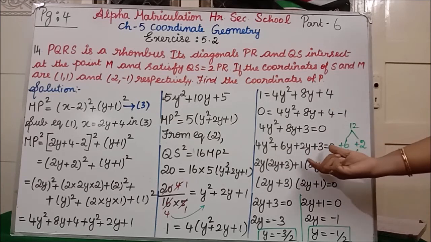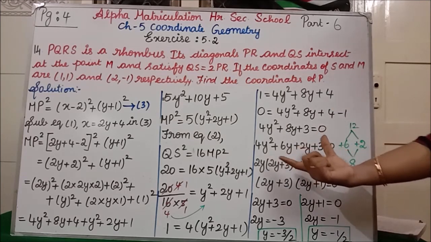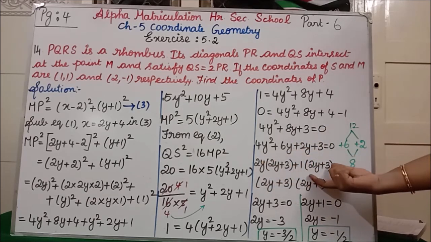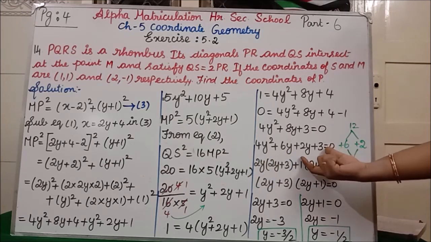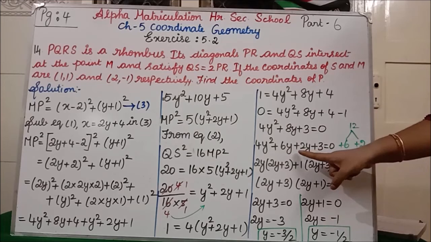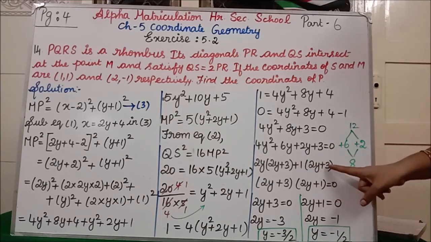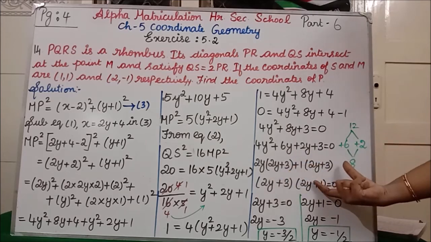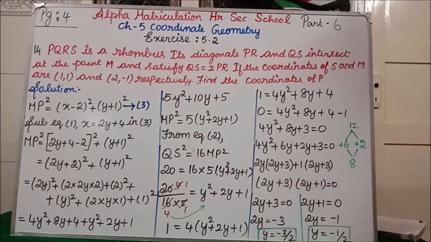Then you see the remainder. Totally we are having 4 terms. From the first 2 terms we have taken common and we have got one bracket. Write that same bracket here. Then you see the remaining 2 terms. 2y plus 3, here also 2y plus 3. So if we put 1, it is enough. So 1 into 2y plus 3 is 2y plus 3. So we are having 2 brackets, same answer. So write that one time: 2y plus 3. Outside here what we are having? 2y. Here outside we are having plus 1. So 2y plus 1 equal to 0.